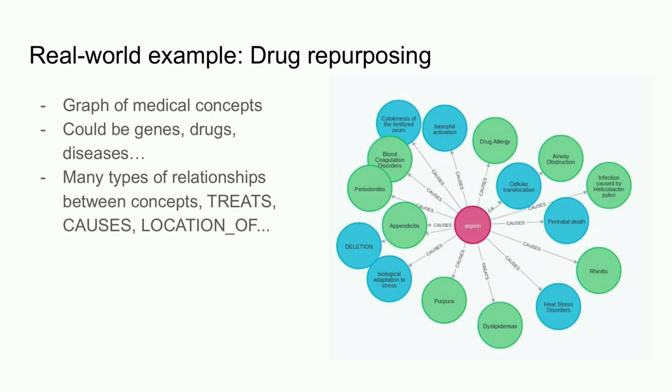And there could be also many types of relationships between those medical concepts, like treats, causes, predisposes, and other relationship types between medical concepts. And then what you would do is basically do link prediction